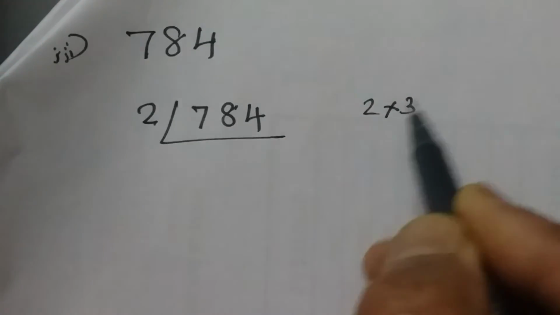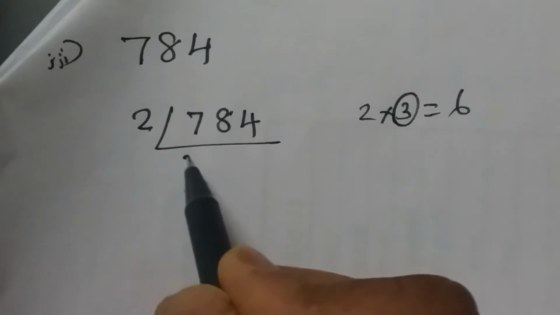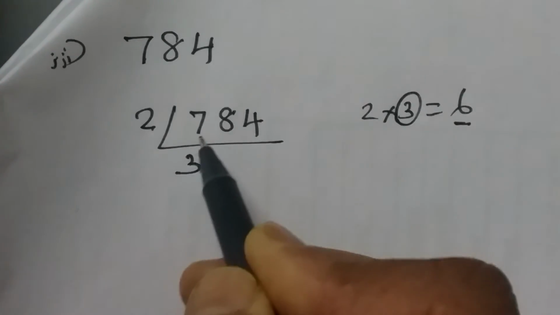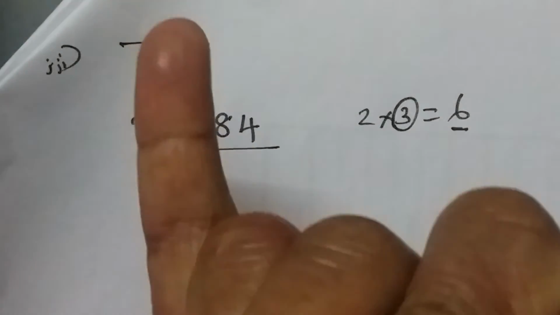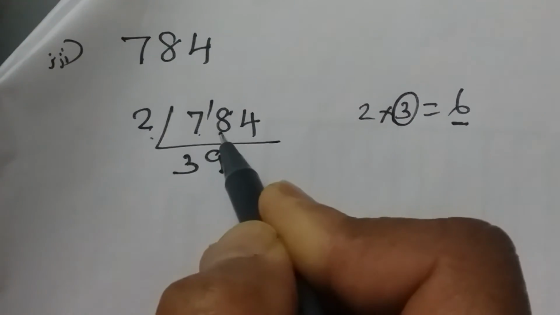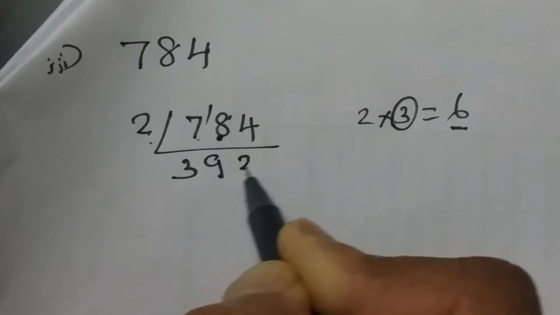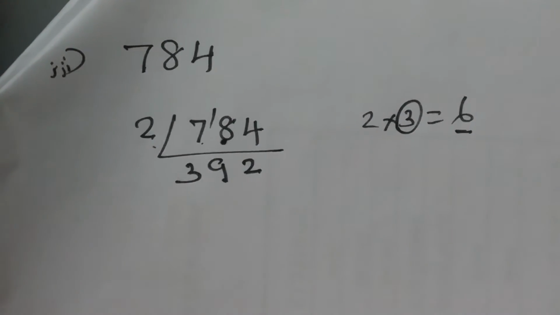So we should get a number which is less than 7. What is it? 6. What is the quotient for 6? 3. After 6, count till 7. How many fingers? 1. 18. 2 9's are 18. Do you have a remainder? No. So divide the next number. 2 2's are 4.